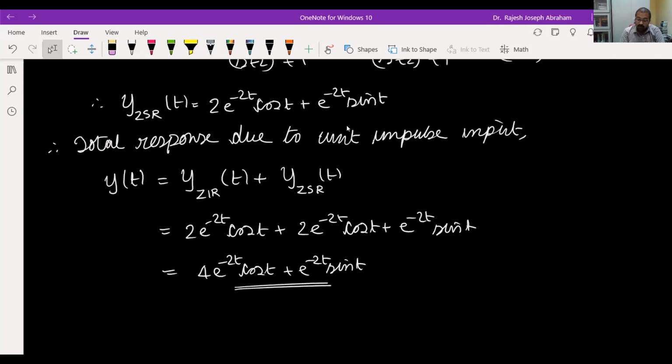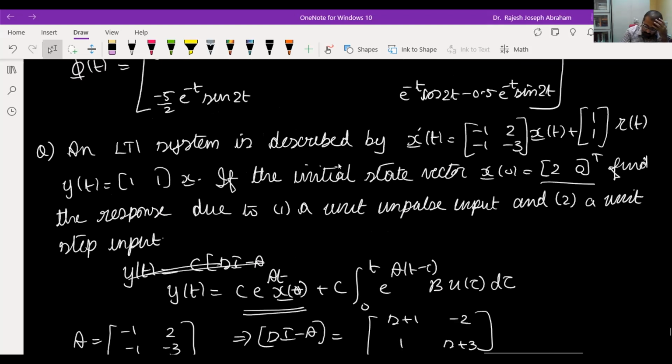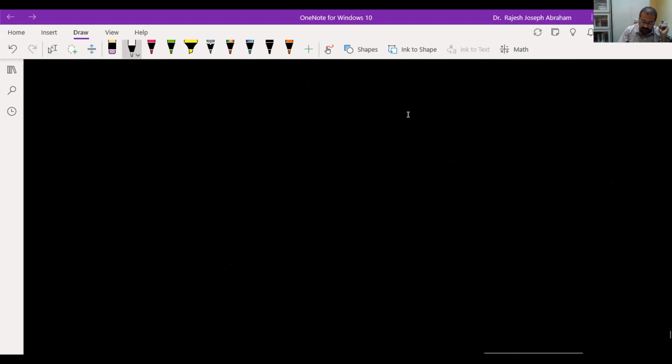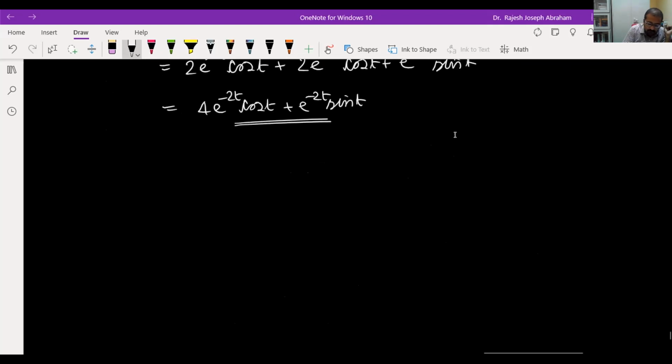Okay. Now, how will you find the response due to step input? What's the next part? We need to find the response due to unit step input. So, the term due to the initial state will remain the same. Initial condition will remain the same. There is no change. There will change only in the term corresponding to the input signal. Okay. Now, for a unit step input,